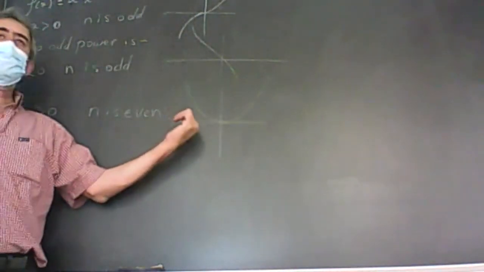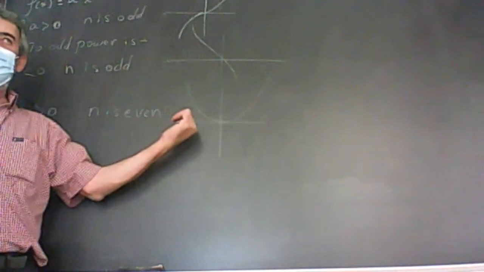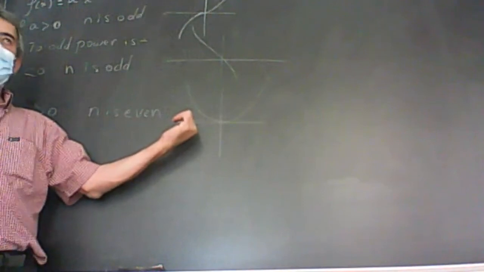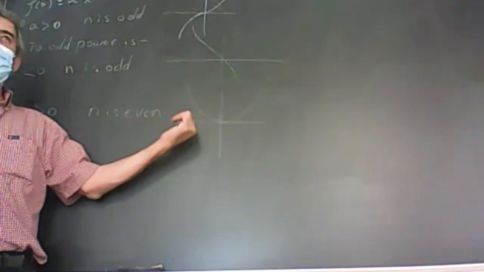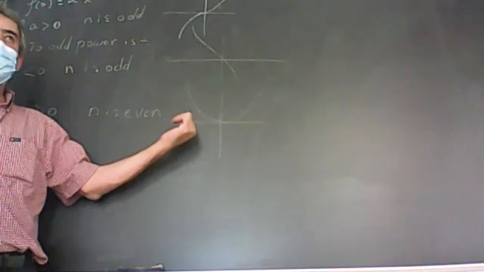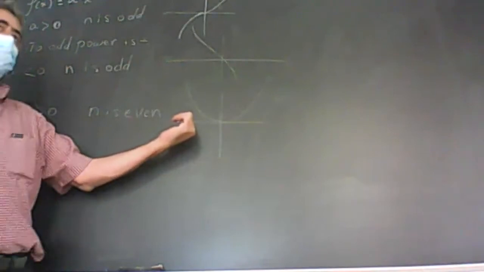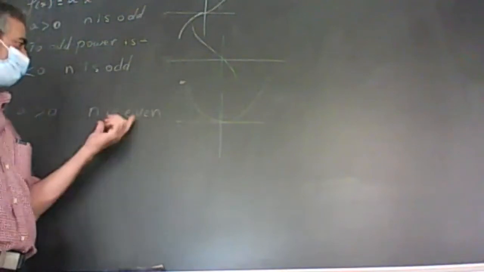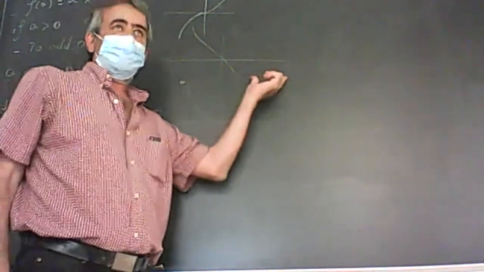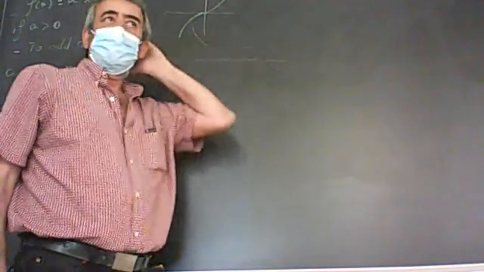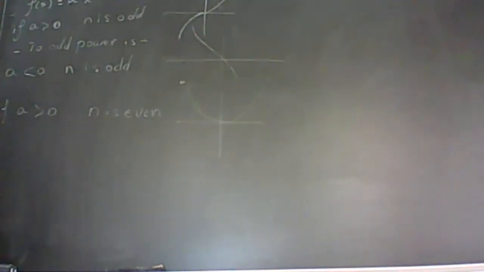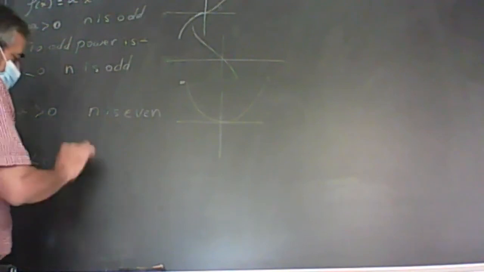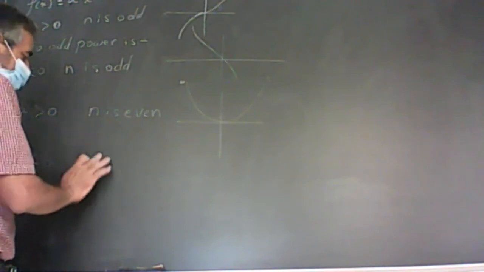Again, on this side we have negative, yes? But then negative to the even power is positive, and positive times positive gives me a positive in there. This is even, it must end up in the same area. Correct? So what happens if A is less than 0 and N is even,